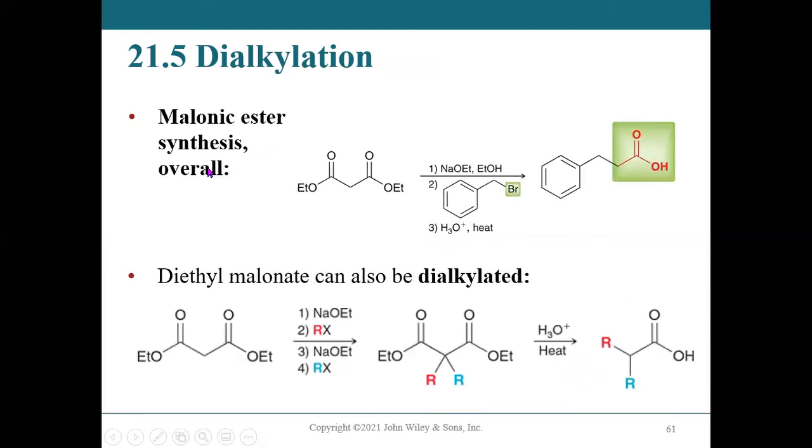The malonic ester synthesis overall is shown in this reaction. We started with diester malonate treated with the 3-step, and so we will see this product. Diester malonate can also be dialkylated, which means we keep adding the alkyl group on the alpha carbon, and then we heat on the acidic